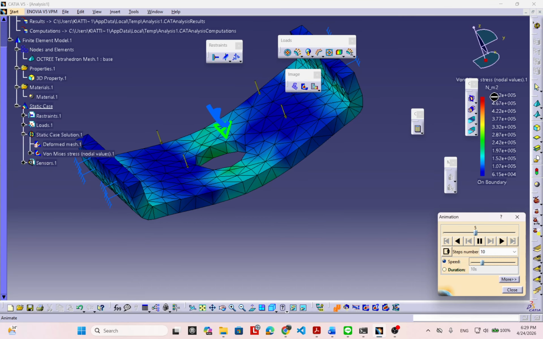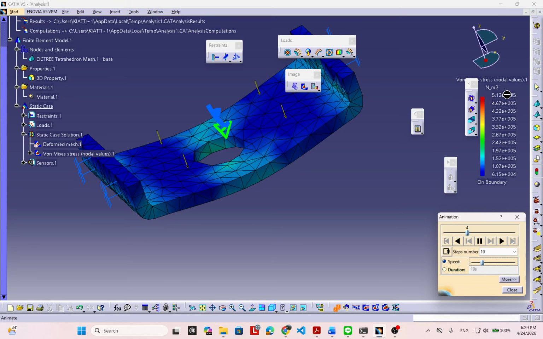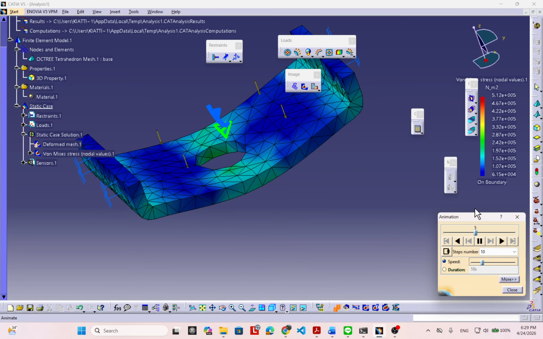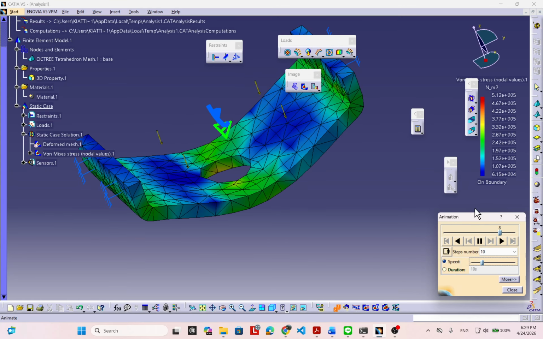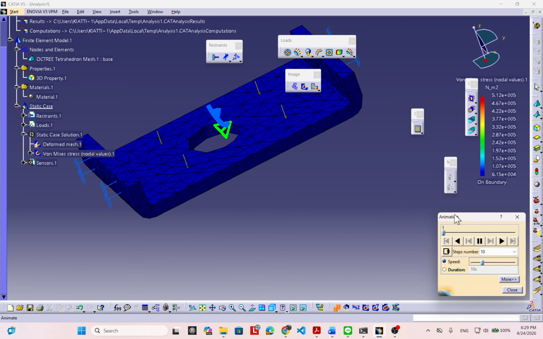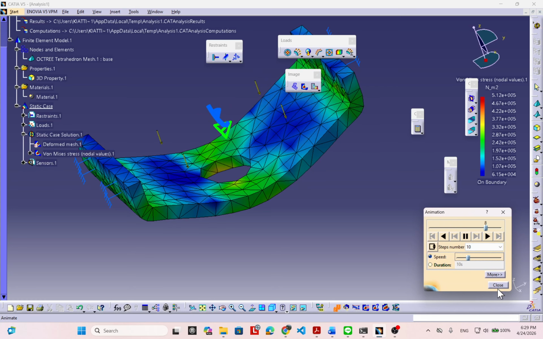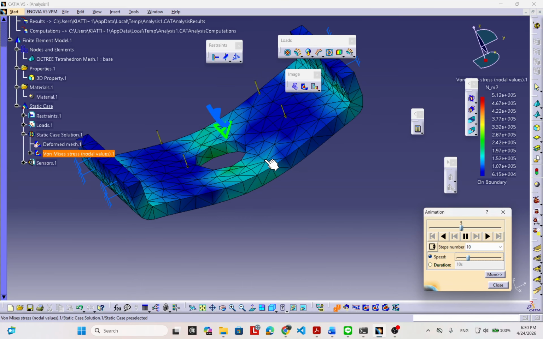0.5, 0.5 megapascal, right? It's megapascal. Okay, 0.5 megapascal, 10 to the power 6. Then the peak is 10 to the power 6 megapascal. Okay, the animation you see looks like